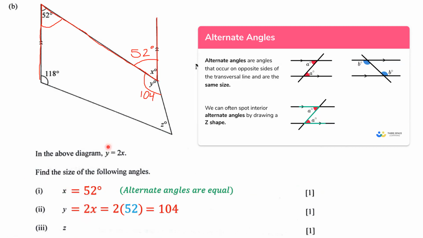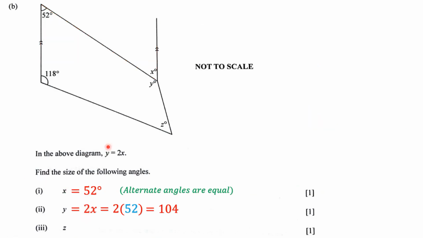And so for z, there's a very important rule that is helpful when finding out the value of z. Notice that this shape right here has 1, 2, 3, 4 sides. It has 4 sides, and so we call it a quadrilateral. The rule for quadrilaterals in geometry is that the interior angles of a quadrilateral add up to 360 degrees, which means